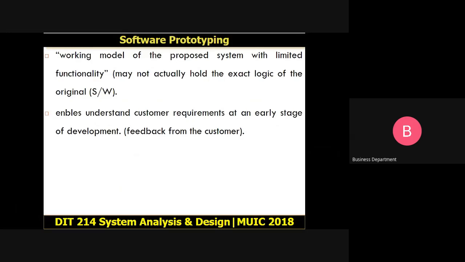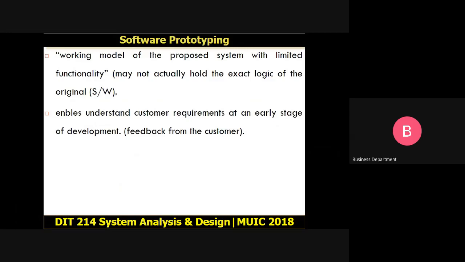And most times developers will use a prototype to capture requirements from the user at an early stage of development. So the main aim when you are doing prototyping is to give the user a small working model of the system. Then they can see how the final system will likely look. Once they have that look and feel, we can get feedback from the customer. Then with the feedback, you can incorporate it back into the design